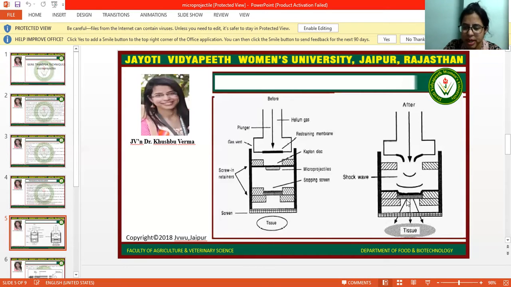These particles will have DNA coated on them, and when this bombardment happens, some of the microparticles will be introduced into the tissue material, and that's how DNA can be transferred by this physical method. DNA is basically bound to the microprojectiles, which impact the tissue or immobilized cells at high speed.